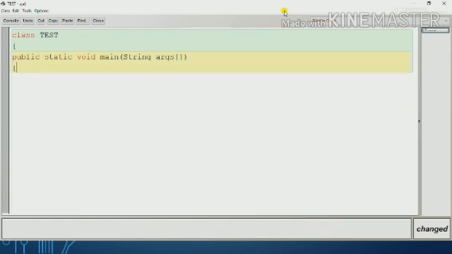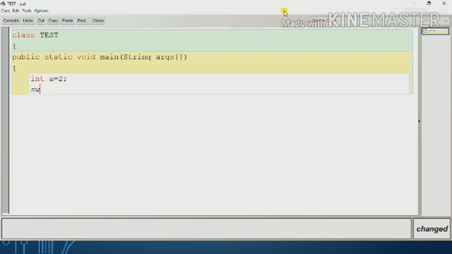Within it, String args. In this program we are not taking any input, so we are not importing any package, nor am I writing throws Exception after main. I am taking one variable, a, as an integer, and the value of a is 2.